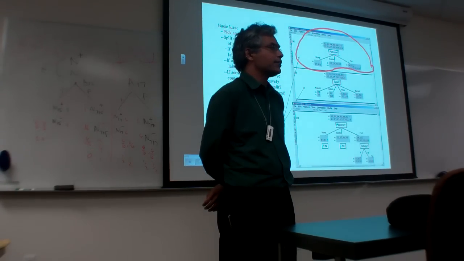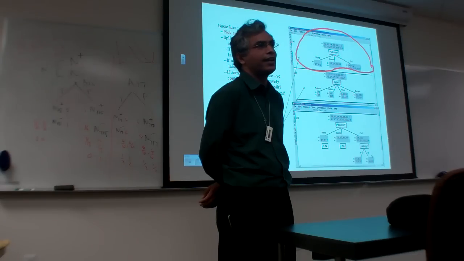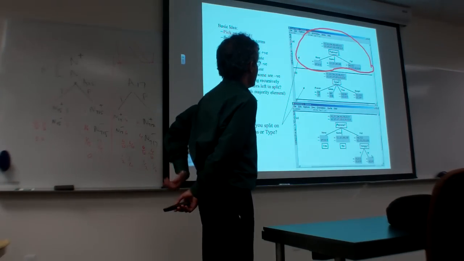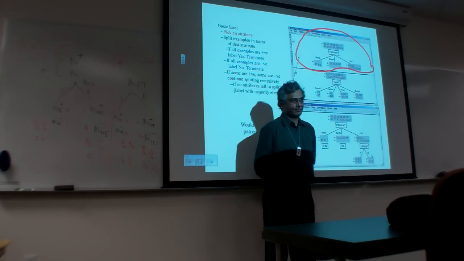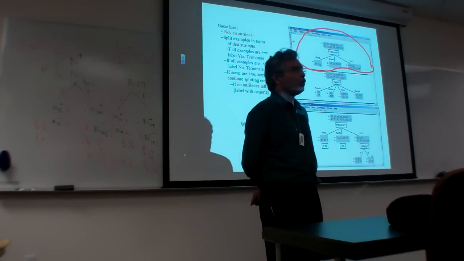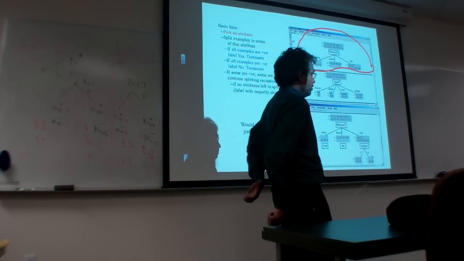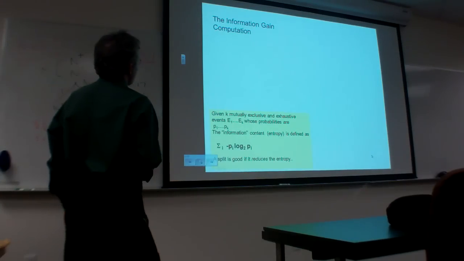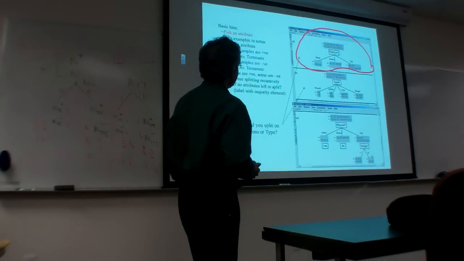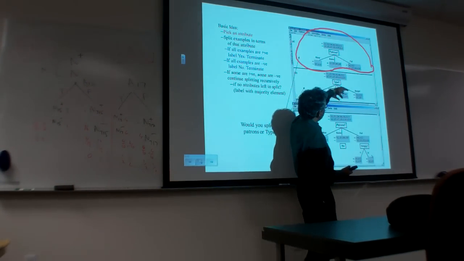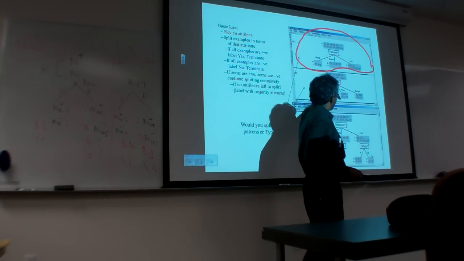Just one simple recursive algorithm. It's greedy because you never backtrack. You never ask, maybe I should have not asked patterns first. You just do the locally best thing at every point. Okay. Now, basically I need to compute the entropy expression for this as well as this,